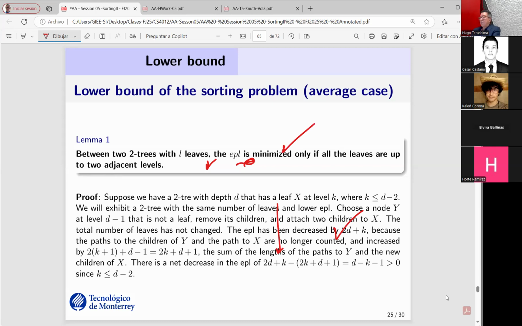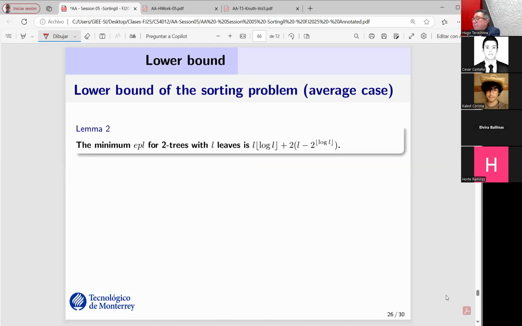If we put the leaves at 2 levels, the EPL is going to be minimized. So just review this a little bit, and it's also in the book. Now, the minimum EPL for 2-trees with L leaves is